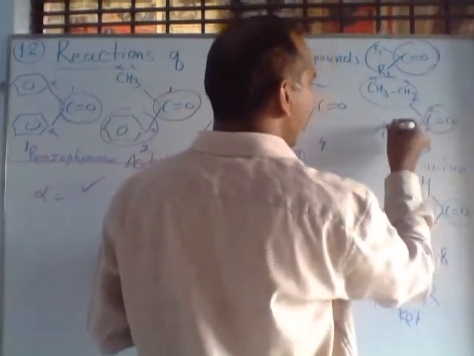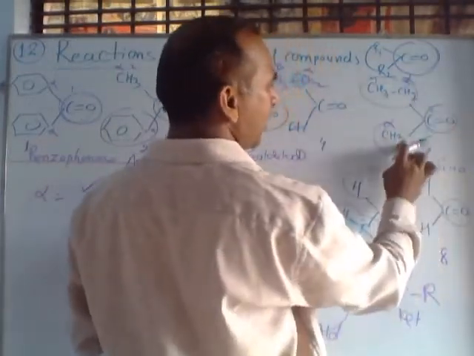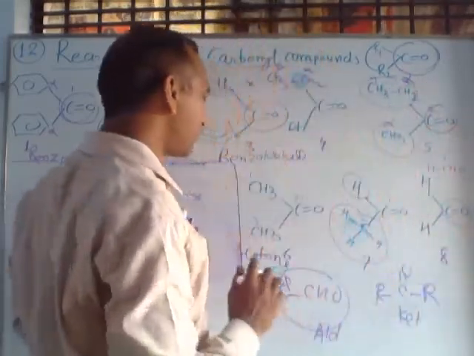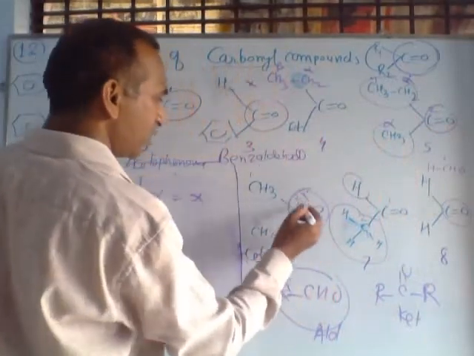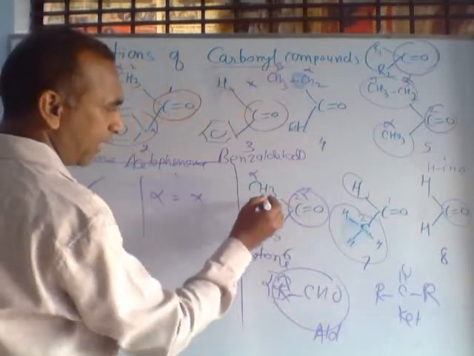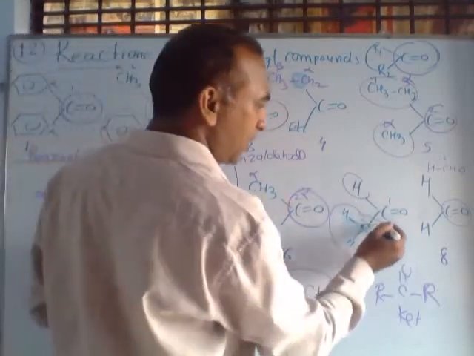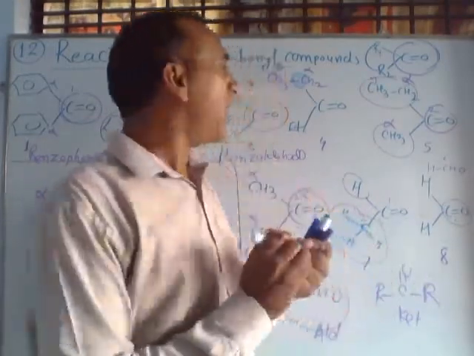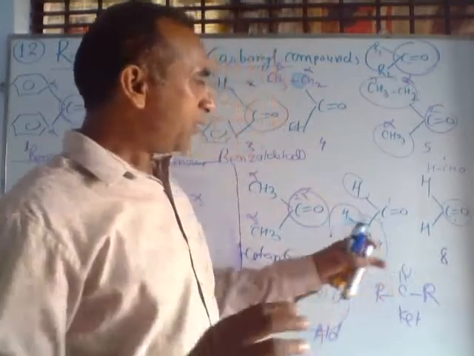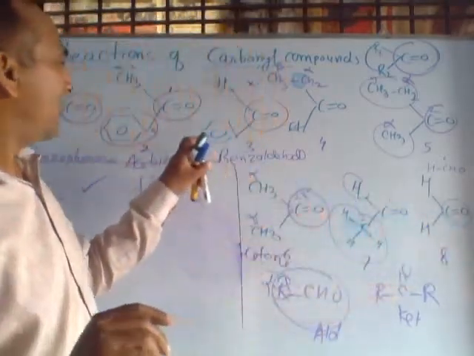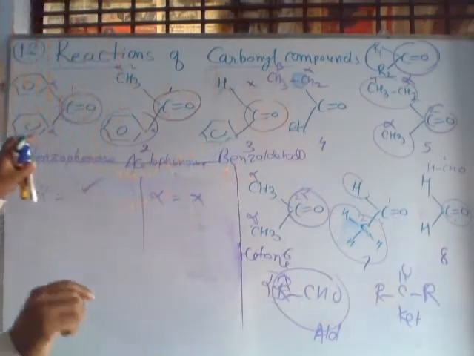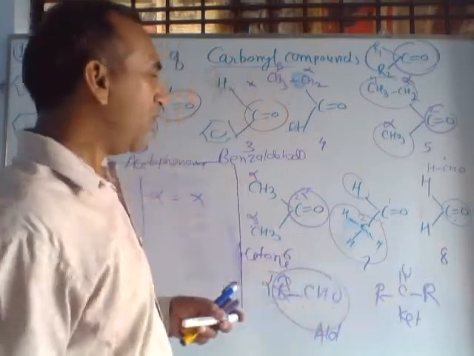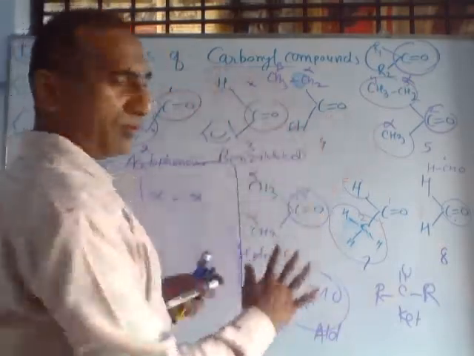This is the functional group, this is alpha again. So it has 3 and 2, 5 alpha hydrogens and 3 beta hydrogens. This is the functional group, and from the functional group, alpha carbon is present, these are alpha carbon, these are hydrogens. So it has alpha hydrogen. In this compound alpha hydrogen is present, but in formaldehyde there is no alpha hydrogen. Out of all these we have observed that formaldehyde, benzaldehyde and acetophenone, these 3 compounds do not have alpha hydrogen.